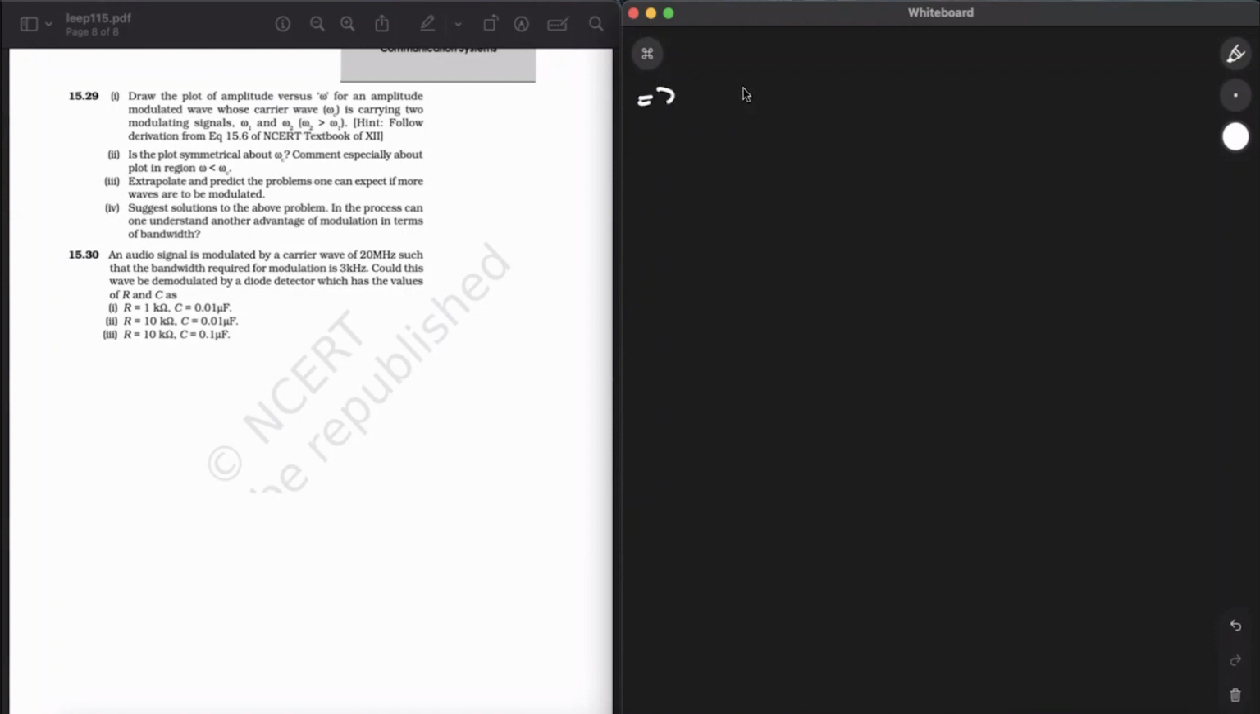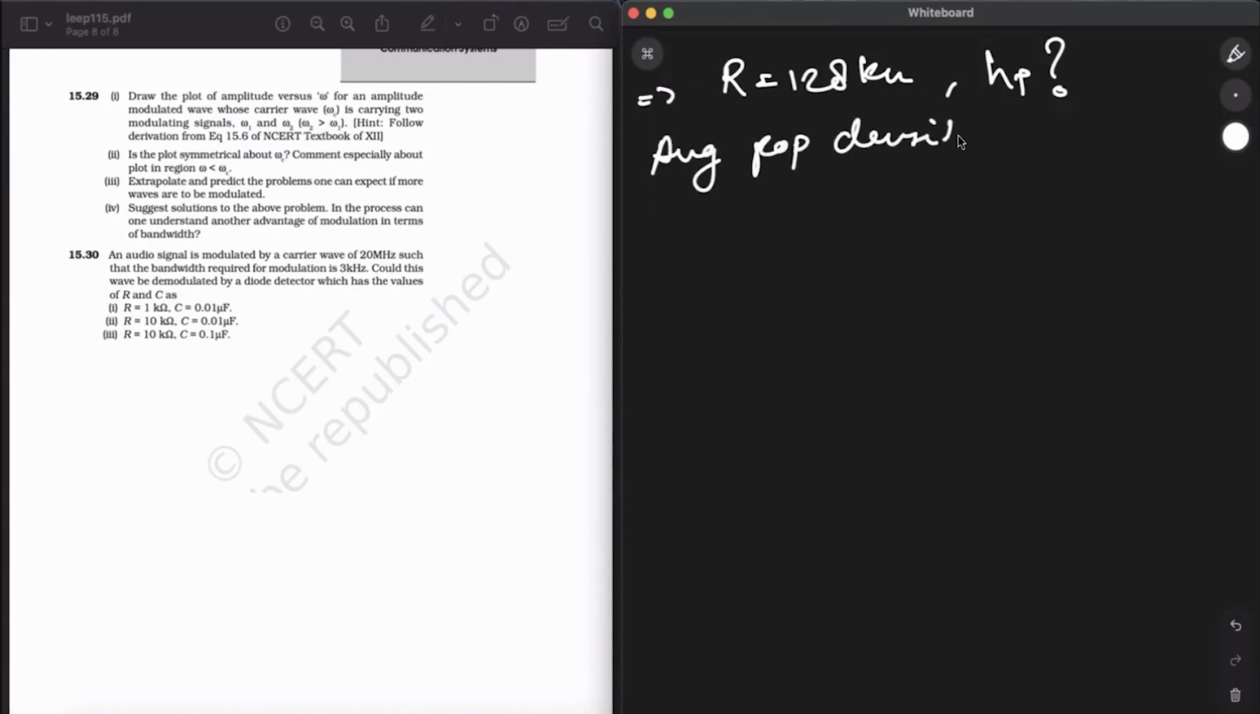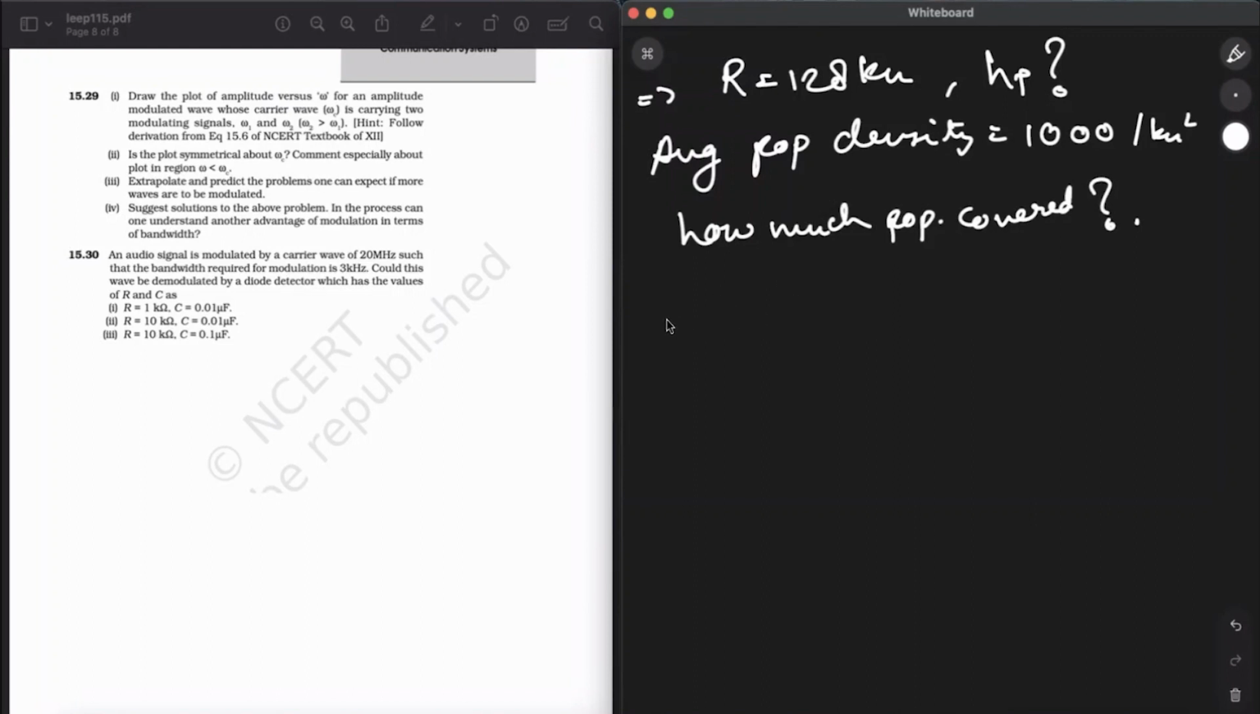So, what should be the height of the transmitting antenna if the TV telecast is to cover a radius of 128 kilometers? You have to tell the height of the antenna. Now, the radius of Earth you already know. If the average population density around the tower is 1000 per kilometer square, how much population is covered? This is the question. Now, the height of the transmitting antenna, if you want to find out, it will be